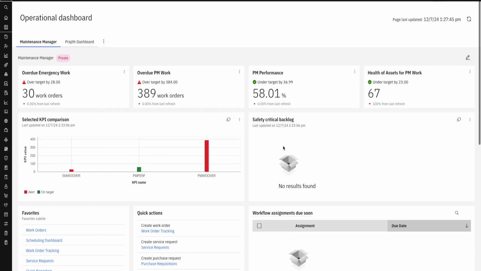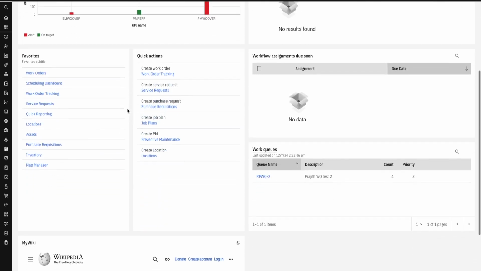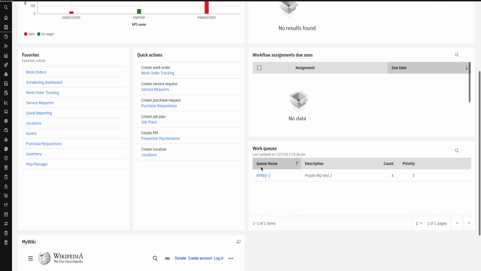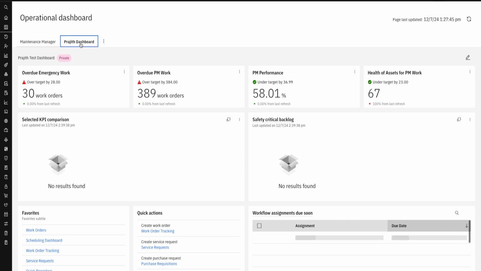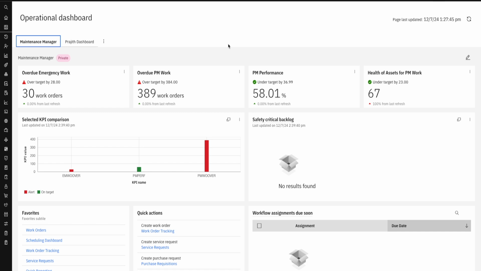These are all card items. You can align these card items, and we can change the size of the card items. You can actually configure pretty much what you see here. It's a plain landscape for you to design. By default it comes with one operational dashboard, Maintenance Manager. I have created my own dashboard here, and you can create as many dashboards as you need in the